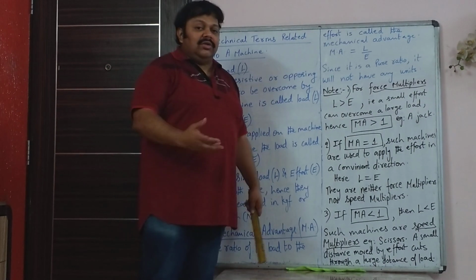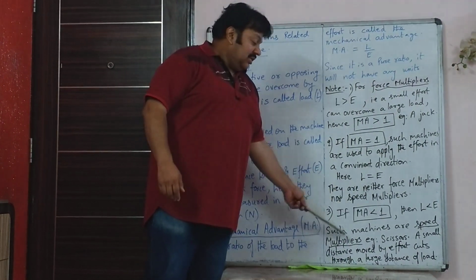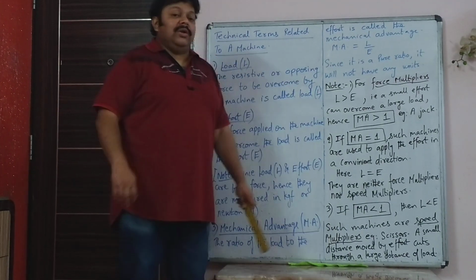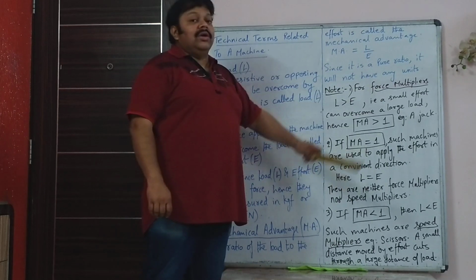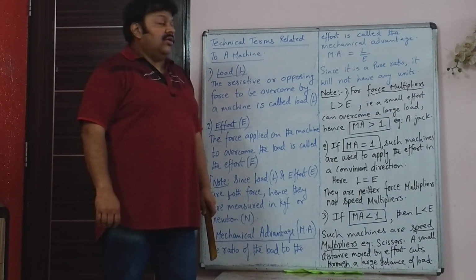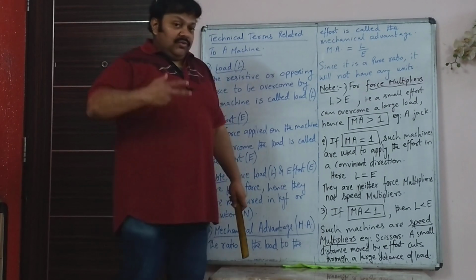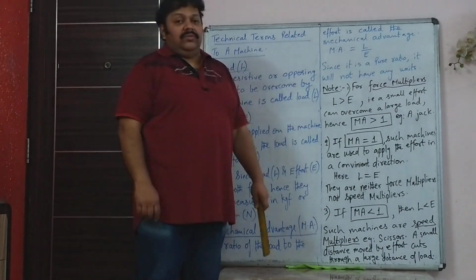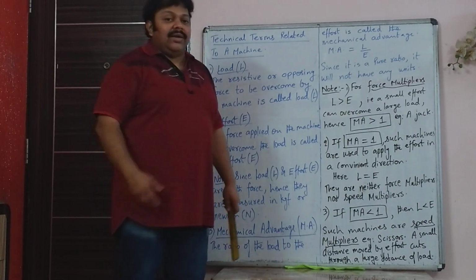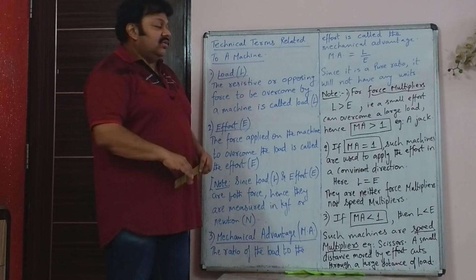The load is not heavy, it's a light piece of paper or a cloth. So such machines where MA is less than 1 are speed multipliers, and if MA is less than 1, that means the numerator is smaller than the denominator, so the load is small and the effort is more. The force exerted by a finger is more than the weight of the load, which is true. A paper is so light, but we are applying some effort using our fingers on the scissor.